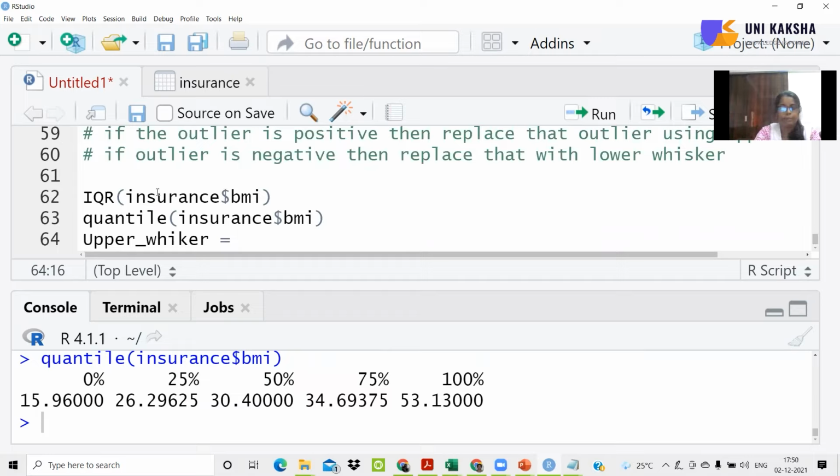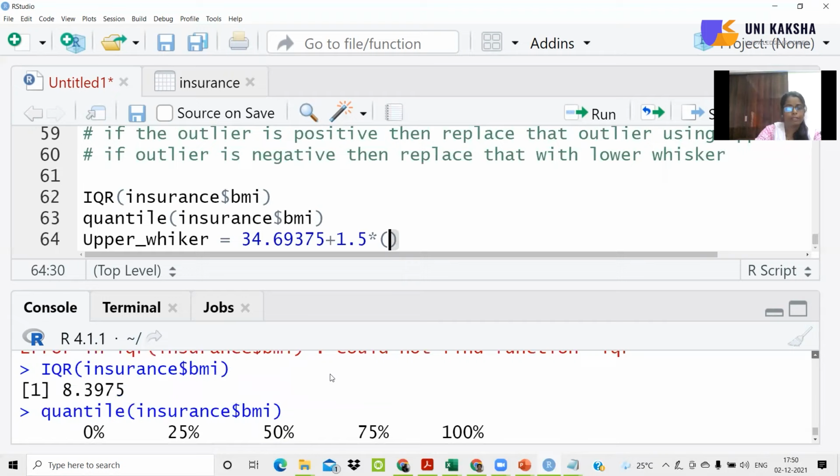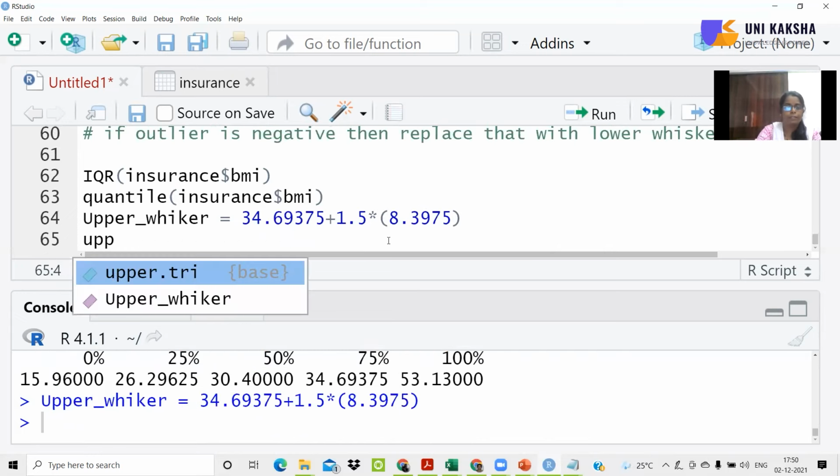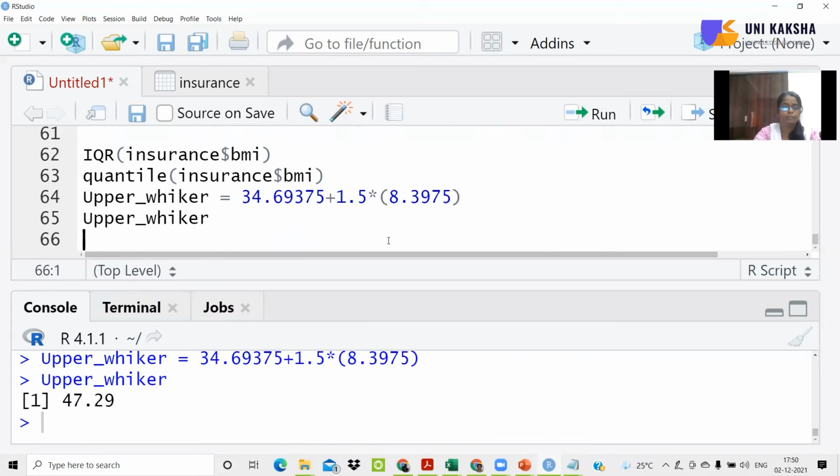So the formula for upper whisker is Q3 plus 1.5 times the value of IQR. So this is the value of Q3 plus 1.5 into the value of IQR that we have just calculated, which is 8.3975. So I'm just substituting that value over here. So this is the value of upper whisker.